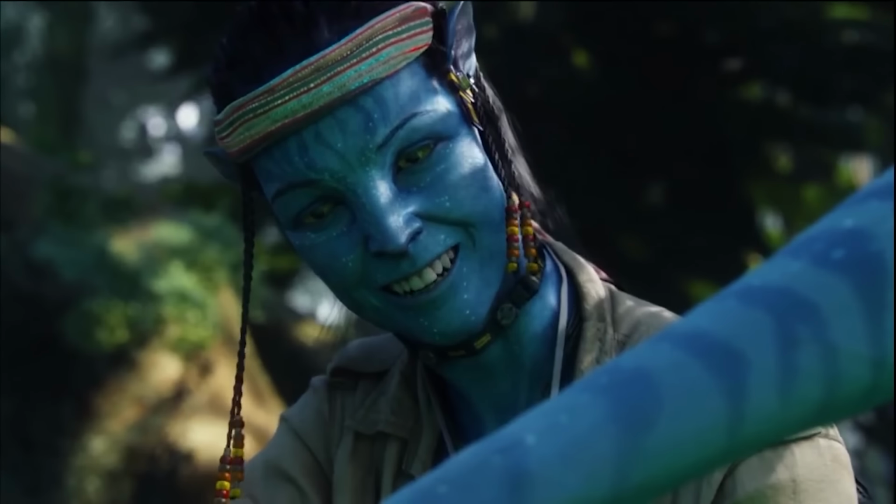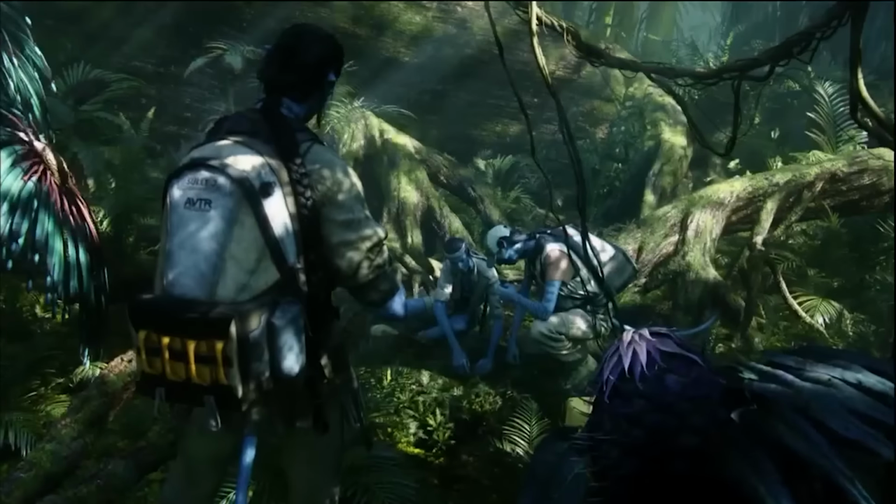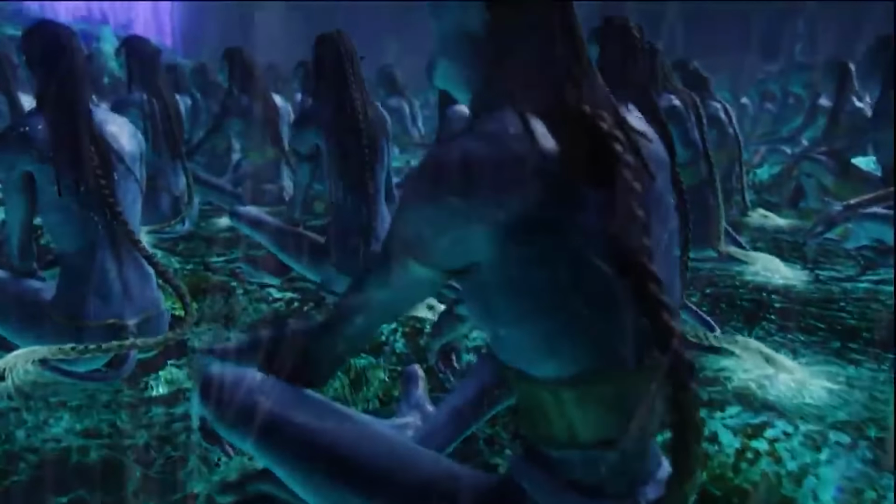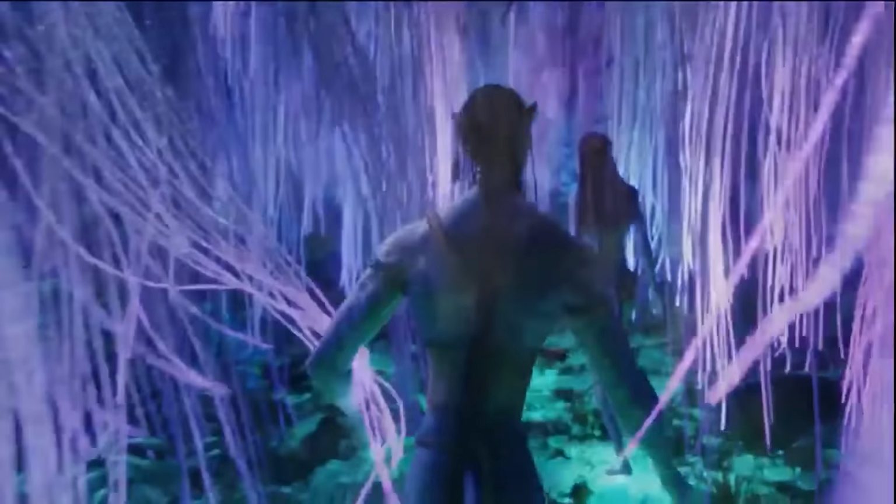Amazing, isn't it? So that is signal transduction, some kind of electrochemical communication between the roots of the trees, like